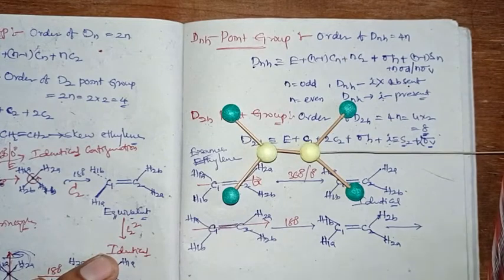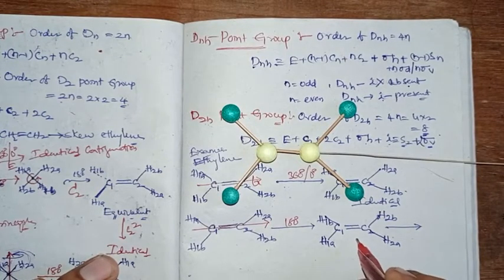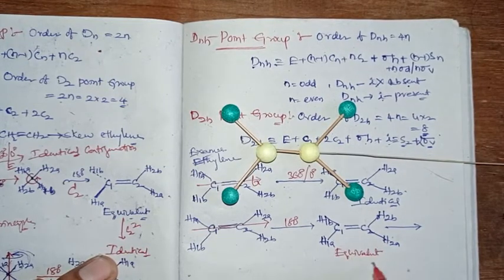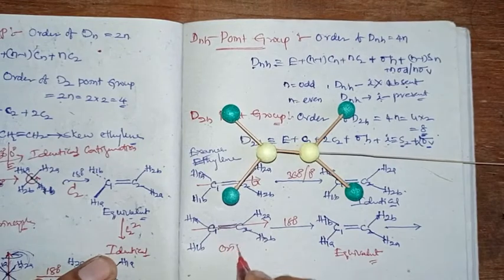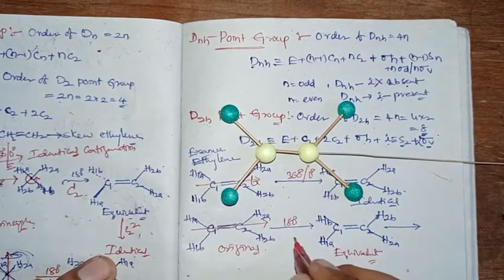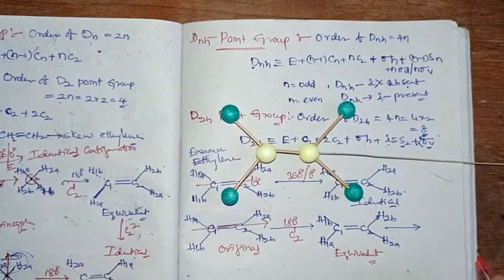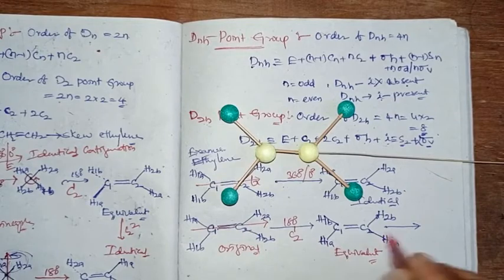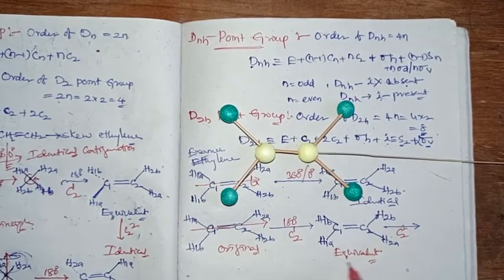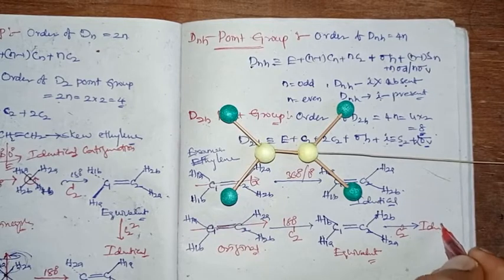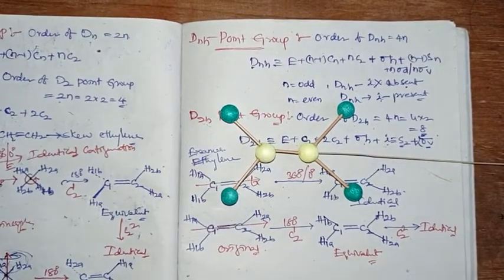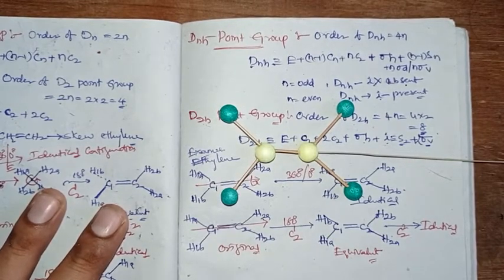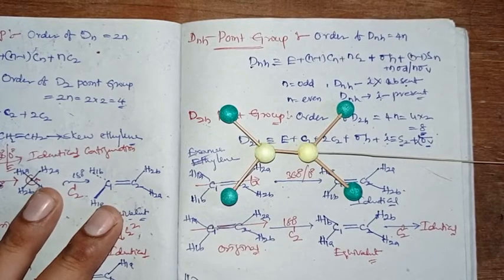So in comparison, the configuration having similar atom replacement will be an equivalent configuration, even if you compare it with the original configuration. So the first time, the two-fold rotational axis gives you an equivalent configuration. When you do it a second time, it will give you an identical configuration, right? Like that, you have the first C2 rotational axis in the ethylene molecule.